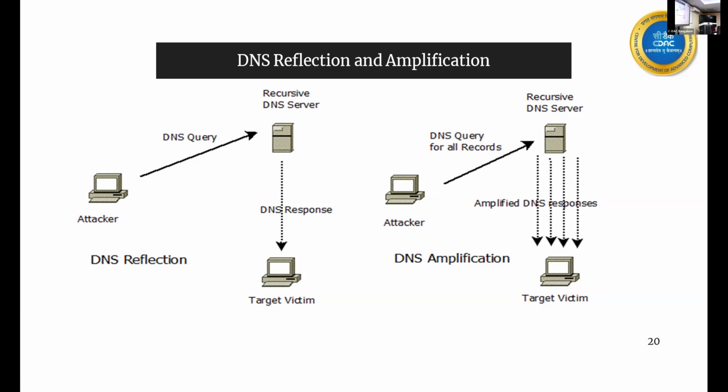Now what happens? Once this comes to the DNS server, it will resolve the query, and the reply will not come back to the attacker, because the IP address was spoofed in the query. The reply will actually go to the target, and the target will get unwanted traffic it was not looking for. This is the phenomenon of reflection. The attacker only has to spoof the IP address of the target.